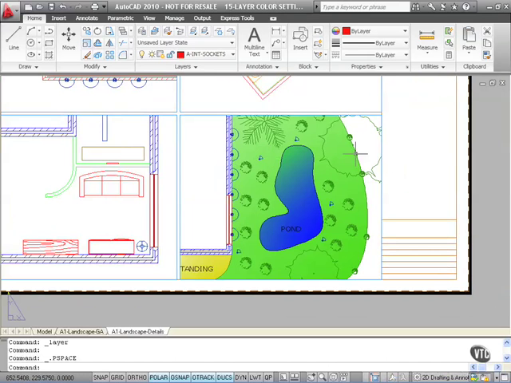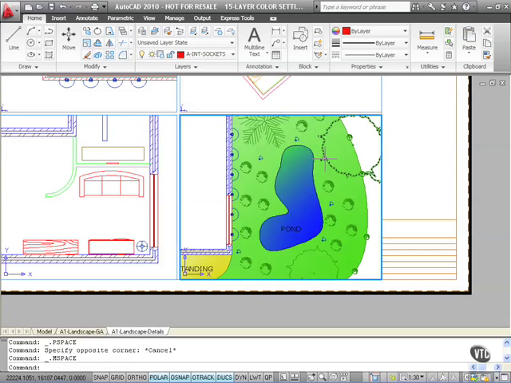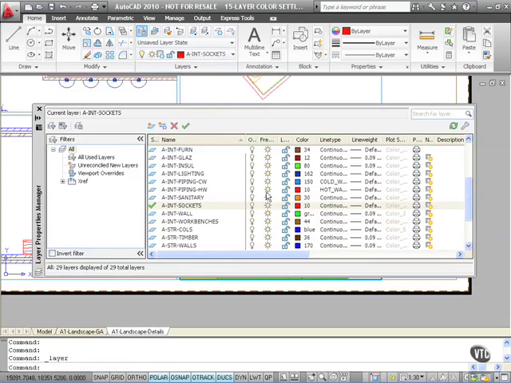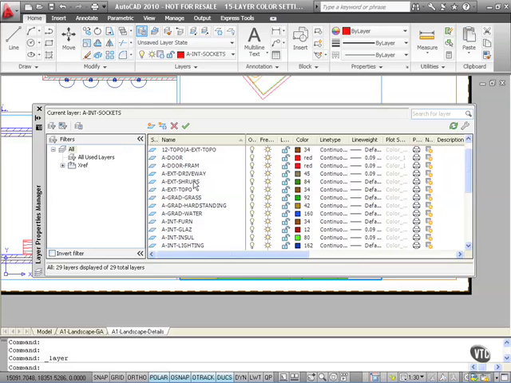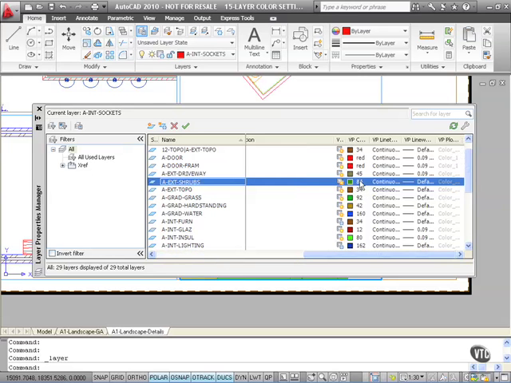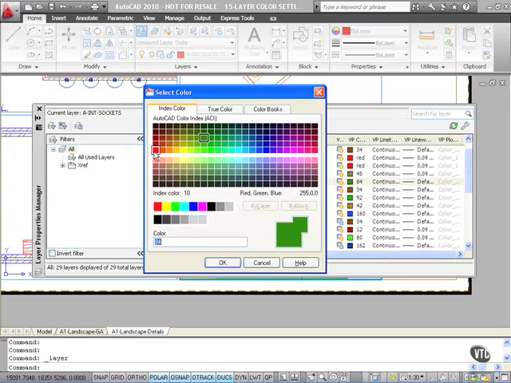I'm going to double click inside the viewport, and I want the trees and the shrubs to stand out. So let's do that now with our Layer Properties Manager. Let's find the shrubs first. They'll be up here somewhere. There's our shrubs there. So I select the shrubs, drag across here. I'm going to change them to red. So I'll go for color 10 there maybe. Click there,